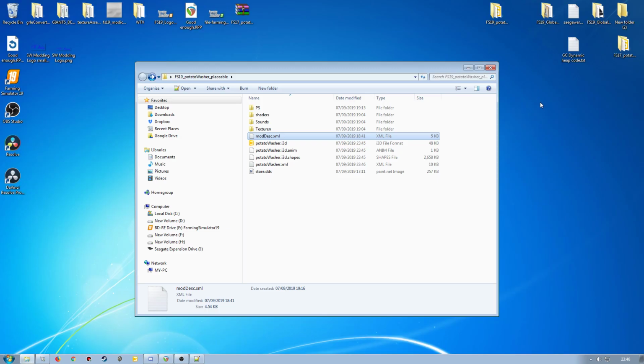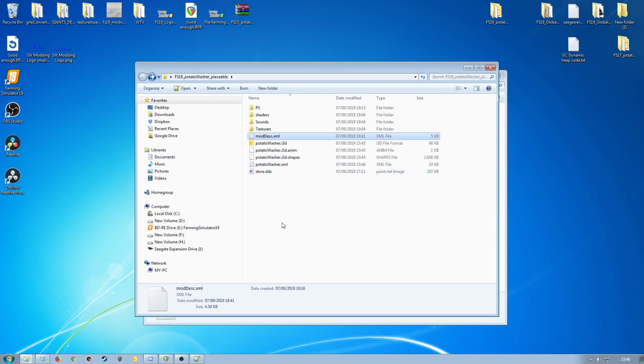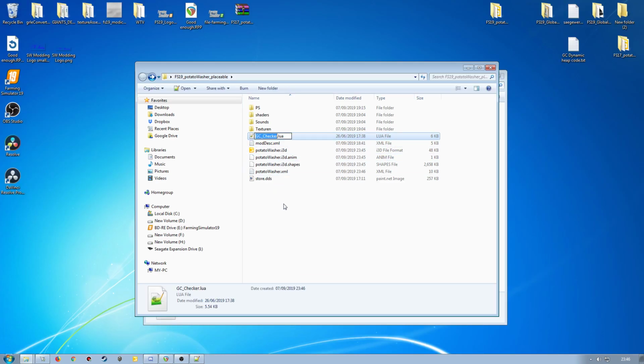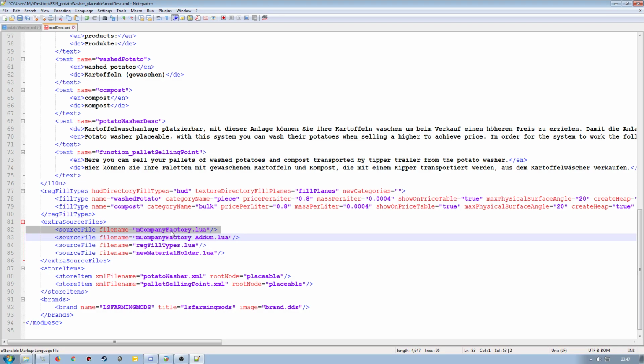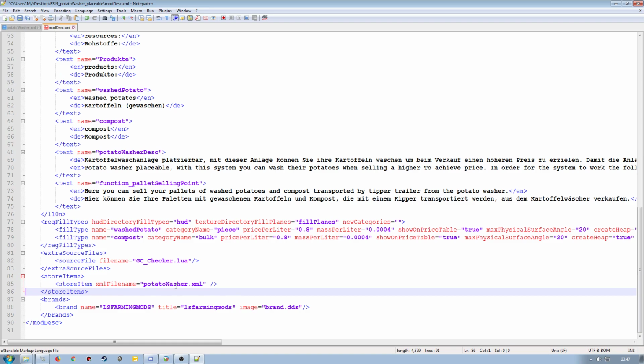So what we need to do is, I go to this one, we need the global company checker script. So we'll take that and put that into there. And if I then take the name and do that, and then I can remove all of that, store items, data washer,